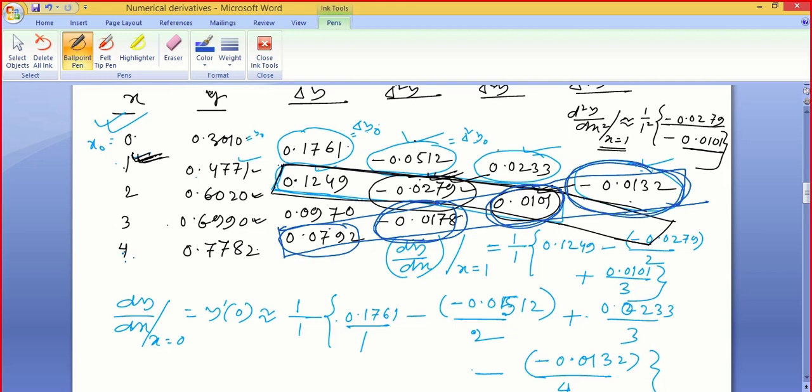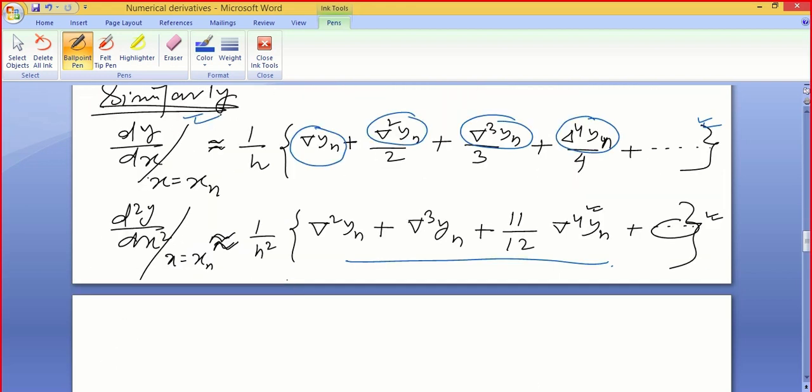If you are asked to find the first derivative or second derivative at the second last point, that means x equals 3, associate to these, which will be the lower diagonal elements that you have to pick up. That time your lower diagonal elements will be this. This will be your lower diagonal. With the help of these 3 points, you may be able to calculate the first derivative and second derivative at x equals 3, if you are able to remember these 2 formulas.